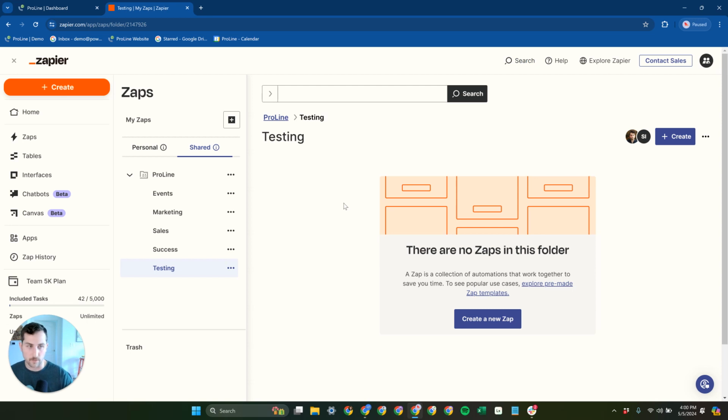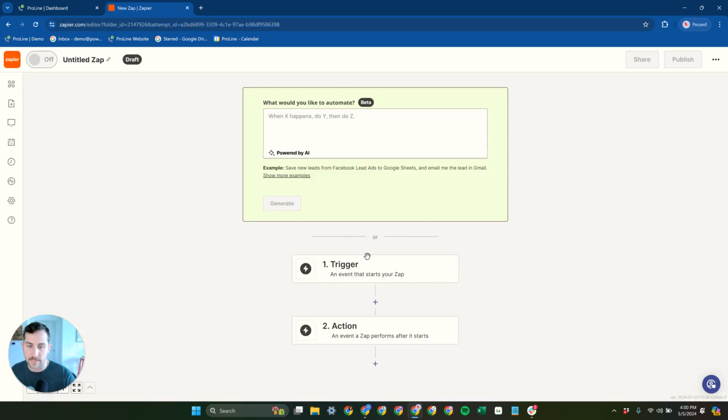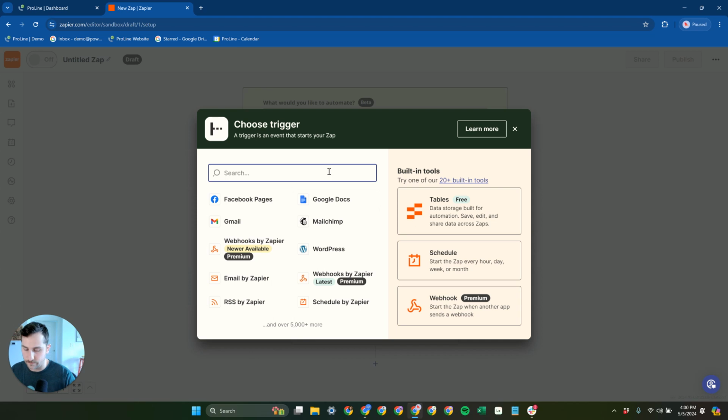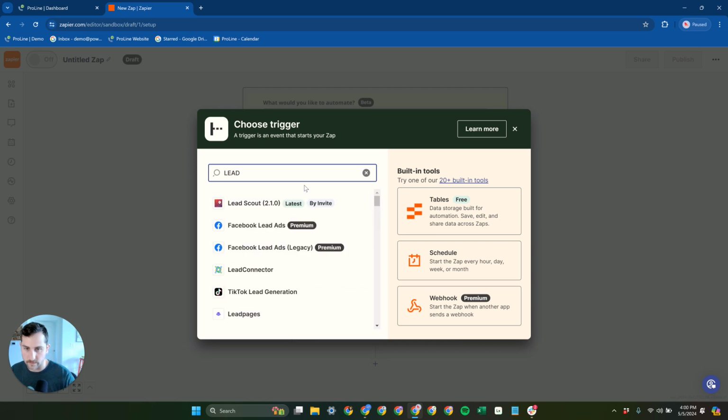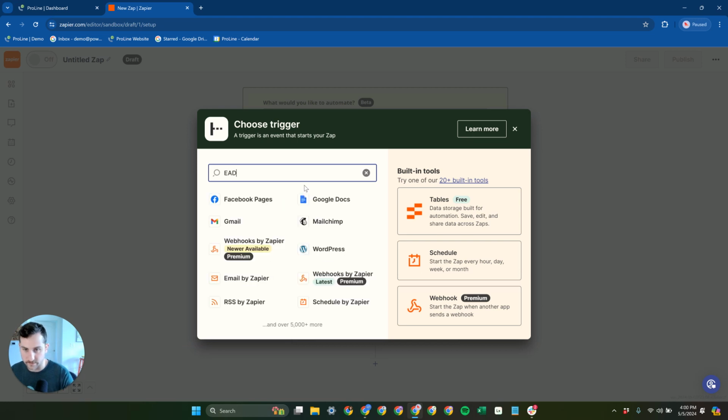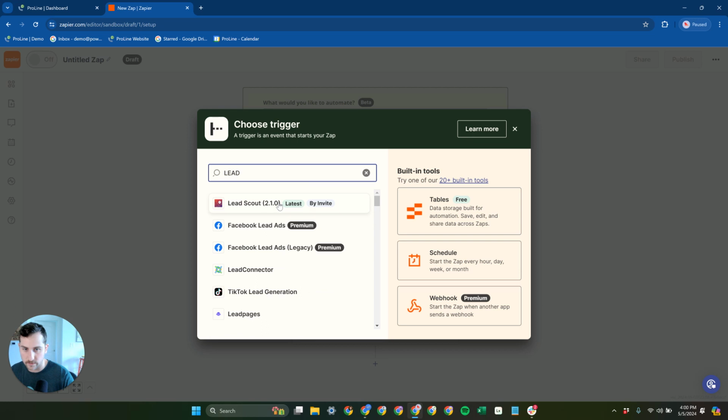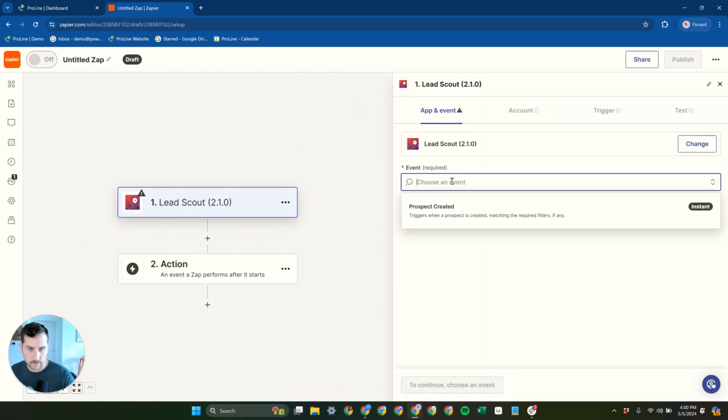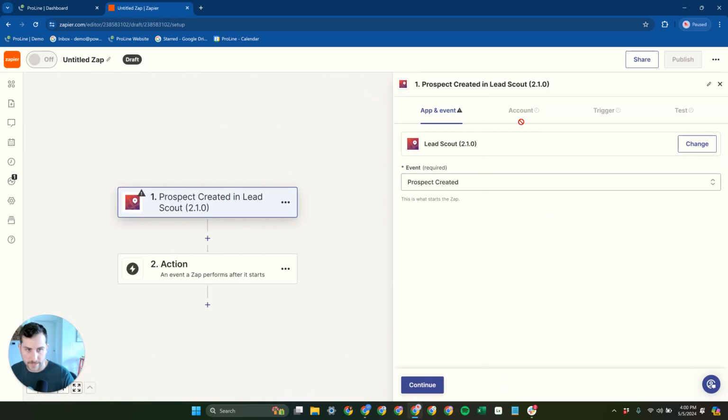But once you are approved for the Lead Scout Zap, then you can create new Zaps in Zapier that connect ProLine and Lead Scout together. And these are really straightforward combinations, and so this is quite effective. So if we go to Lead Scout, we can choose Prospect Created here,